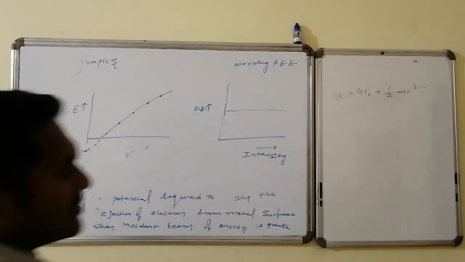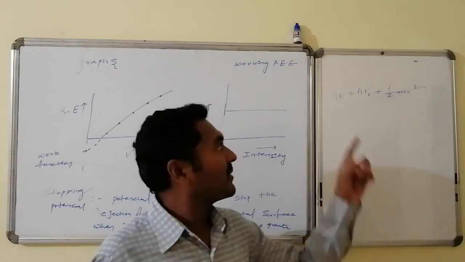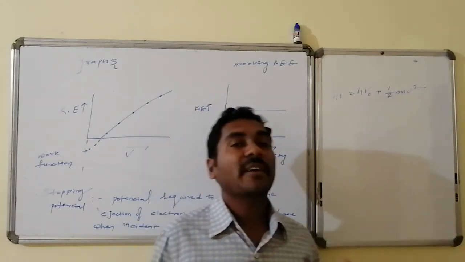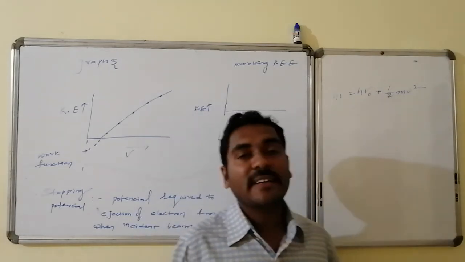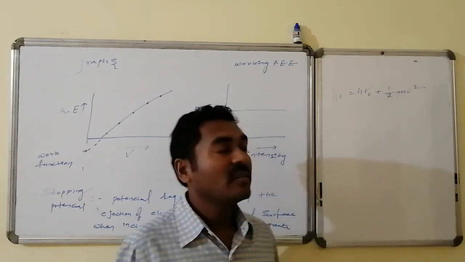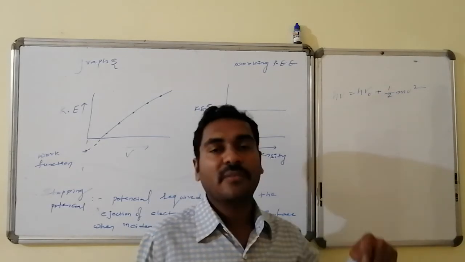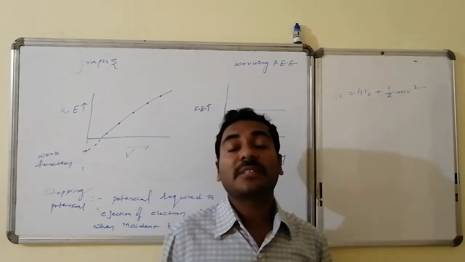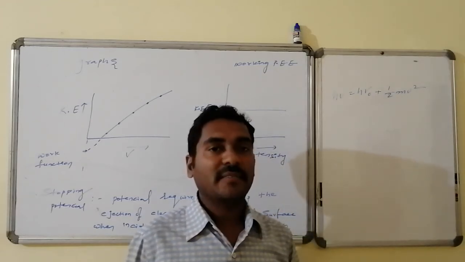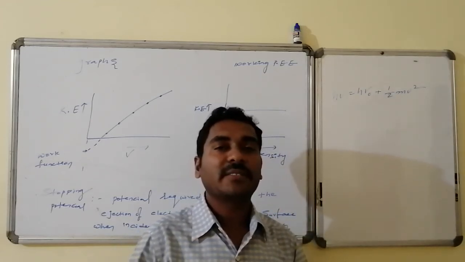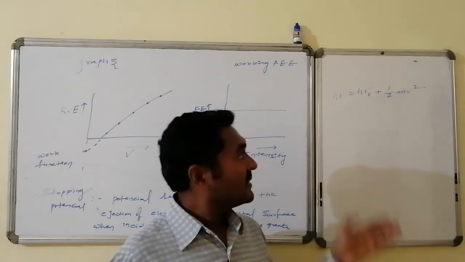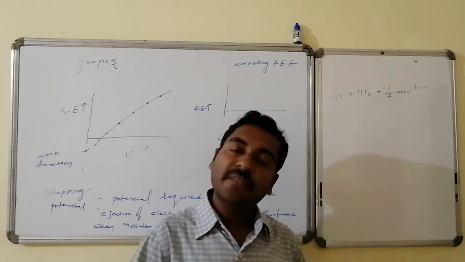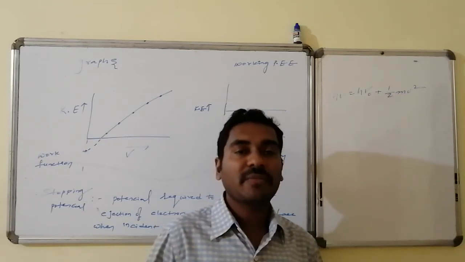You may have questions on the photoelectric effect to calculate the total energy of the beam of electromagnetic radiation, to calculate the work function, to calculate the kinetic energy associated with the electron, or the energy in terms of frequency, wave number, wavelength. Similarly, the velocity associated with the electron. Many different varieties of questions can be asked. Otherwise, the kinetic energy of the electron in terms of frequency, wavelength as well as the wave number of the